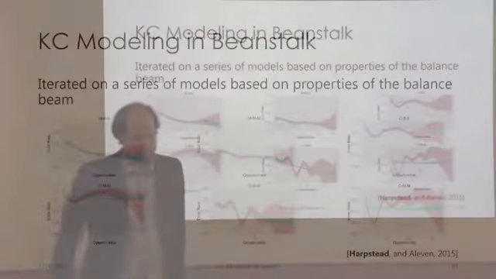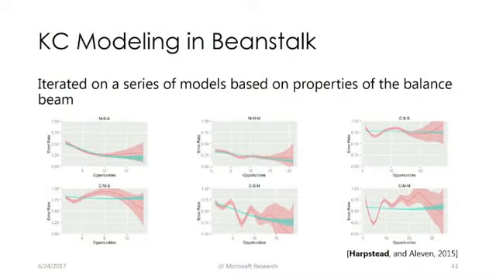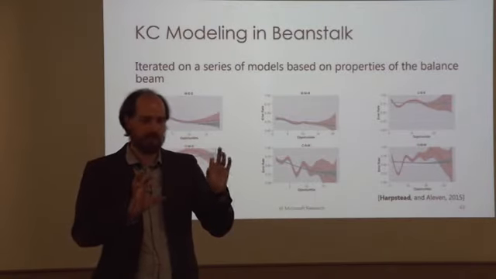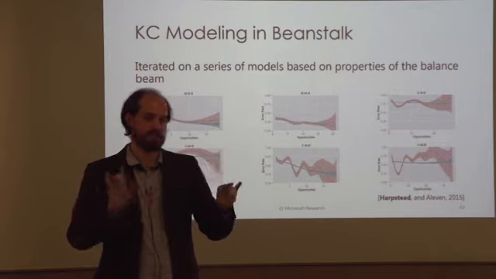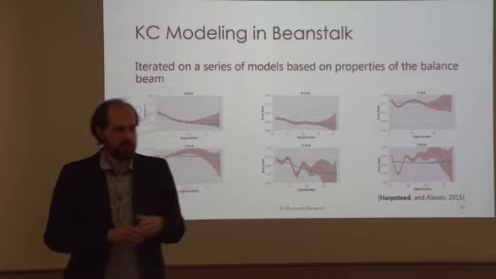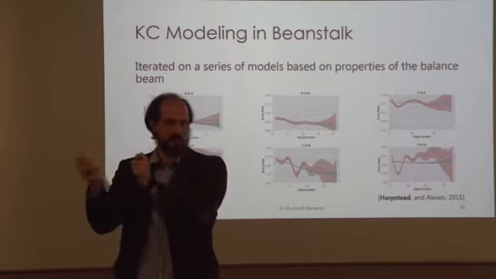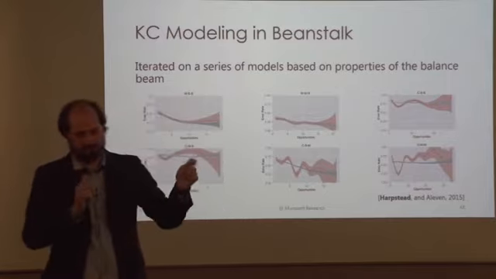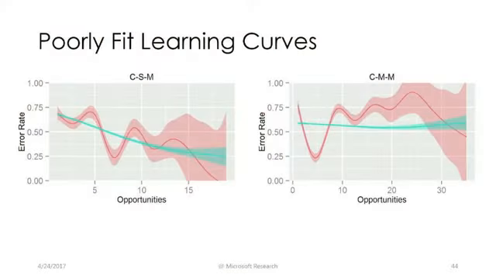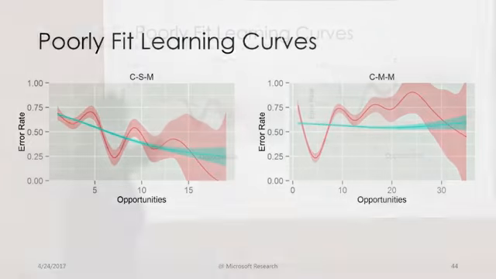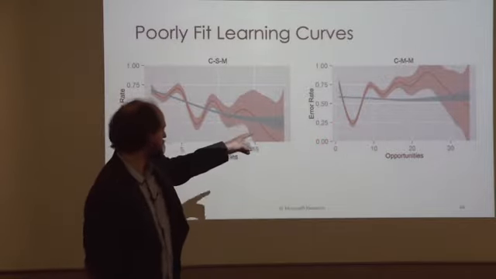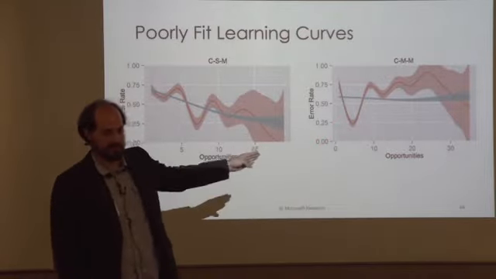So we elaborated this more into a 6 KC model. I'm not going to dig too much into what all of these are, but essentially we left that same mirror conflict balance split, but then added in a split for how many pegs you have to deal with on each side of the beam, because that just complicates the algebra of the problem. So if you have to add multiple positions and then create multiple positions, or single, et cetera. And what I want to dig into are these two, which fit terribly. This is the conflict balance where there's a single peg, but you have to put multiple pegs on the answer side, and then a conflict balance where you have to put multiple pegs on both sides. So that's essentially the hardest thing.